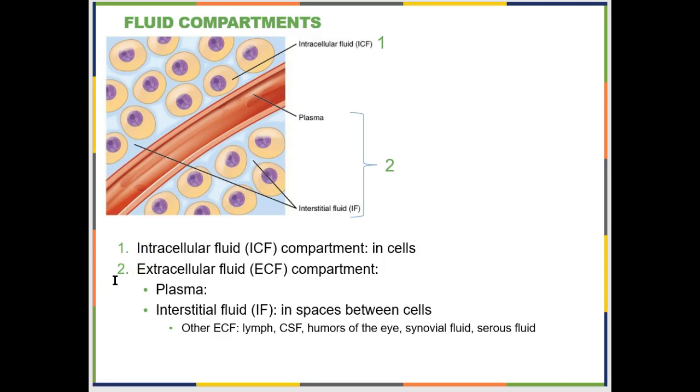the extracellular fluid is divided between the plasma, so extracellular fluid in your bloodstream, and interstitial fluid, which is all of the other little in-between places in the body, which also includes things like lymph and cerebral spinal fluid, synovial fluid, and whatnot. What you'll notice is missing is whatever is in your bladder and whatever is in your stomach